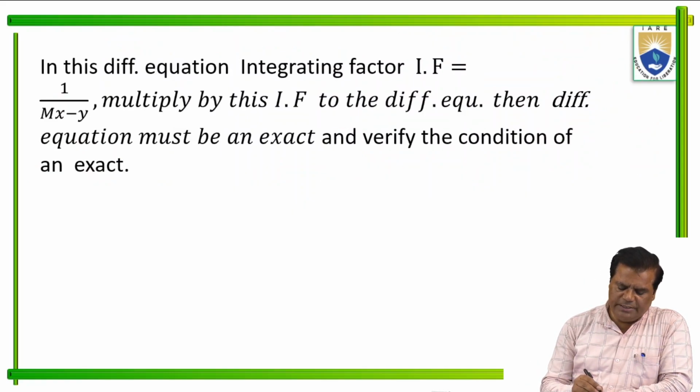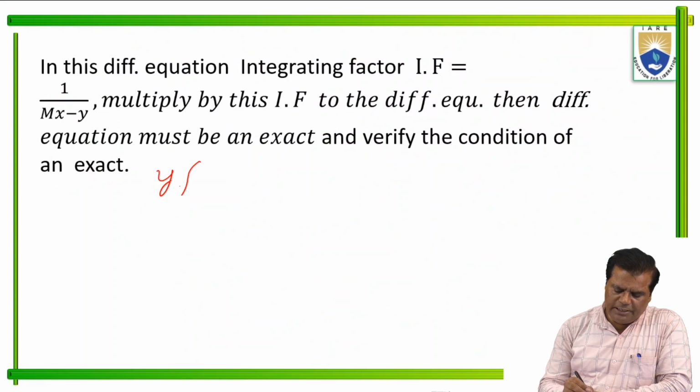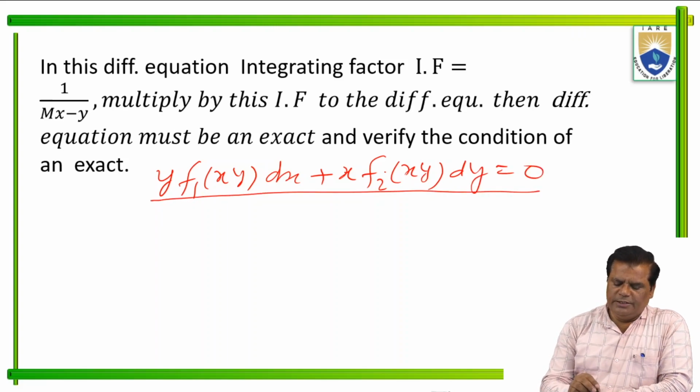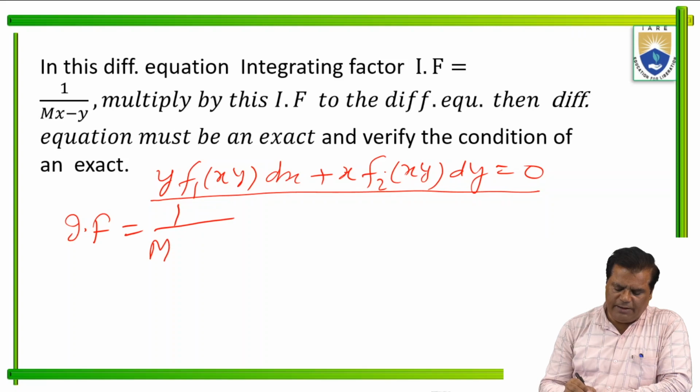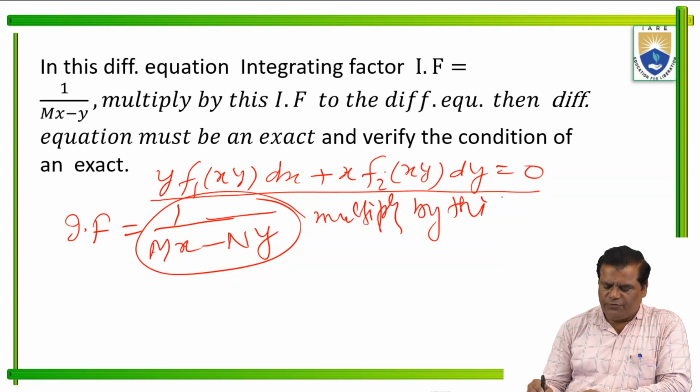The type of differential equation here is y times a function of xy dx plus x times a function of xy dy equal to 0. This is the type of differential equation. In this differential equation, the integrating factor IF is 1 upon mx minus ny. This is an IF: 1 upon mx minus ny. Multiply by this function,